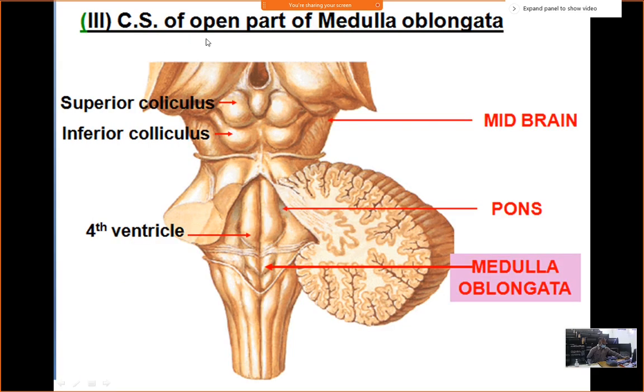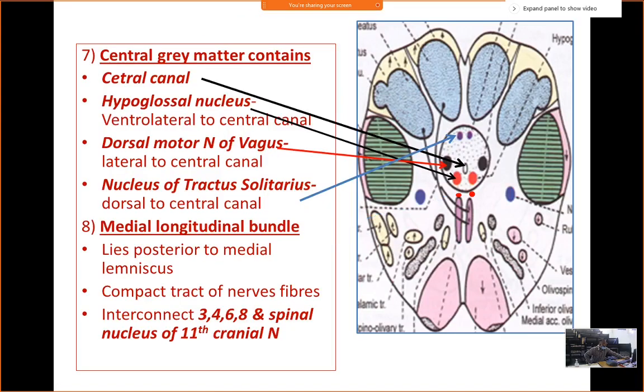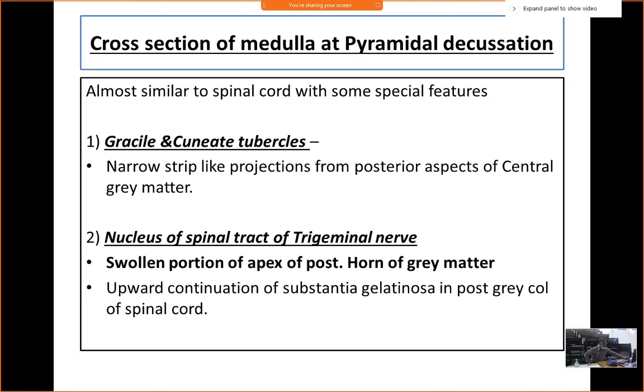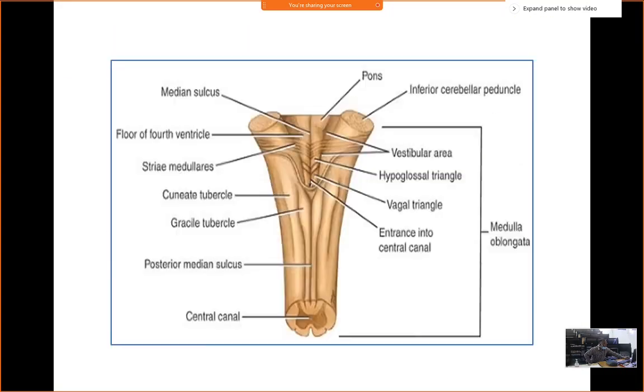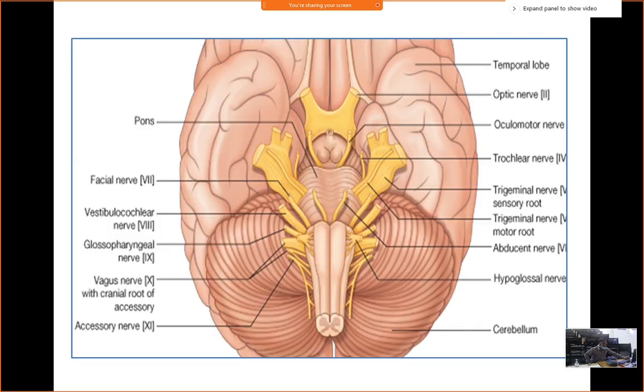Now come to the upper part, the open part of the medulla oblongata at the level of the olive. Again, I will try to recapitulate the things, otherwise it will be too much. So this is the ventral aspect of the medulla oblongata, and these are the structures we can see externally. This is our anteromedian fissure. On either side of the anteromedian fissure is a longitudinal elongation, known as the pyramid. This pyramid is formed by the descending motor fibers, the corticospinal fibers.